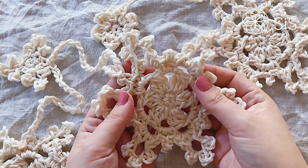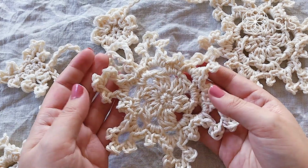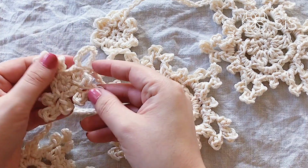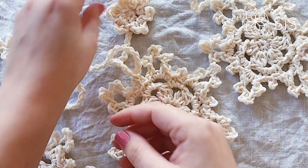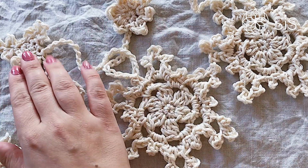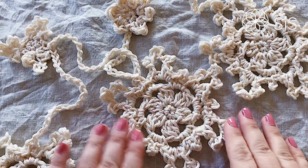Month's tutorial. Today I will be showing you how to make this gorgeous little bloom in winter garland or bunting. It consists of 3 pieces, a snowflake, a little triangle and a little darling flower. So we will be making different parts of this one. We will need 5 snowflakes, 2 flowers and 4 little triangles to make this into the exact same bunting as